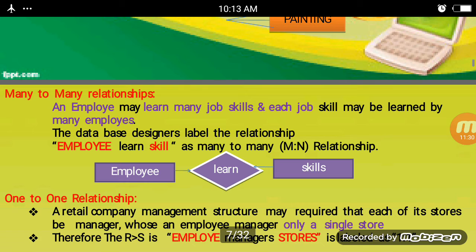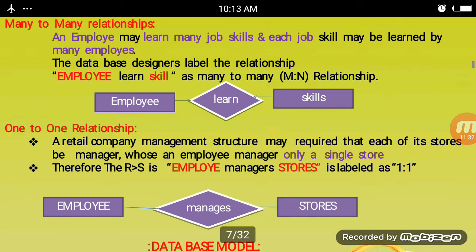After that, many to many relationships. An employee may learn many job skills, and each job skill may be learned by many employees. One employee has to learn more than one job skill, and every job skill may be learned by many employees, not only one.